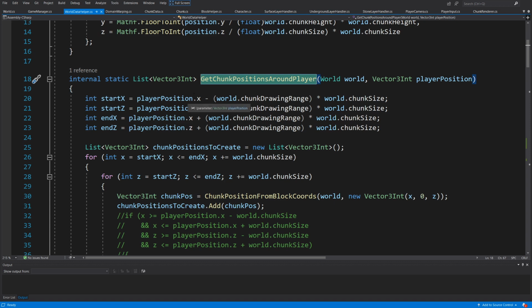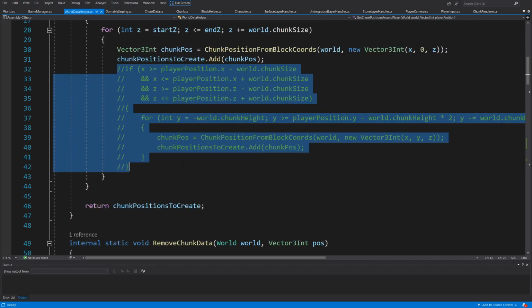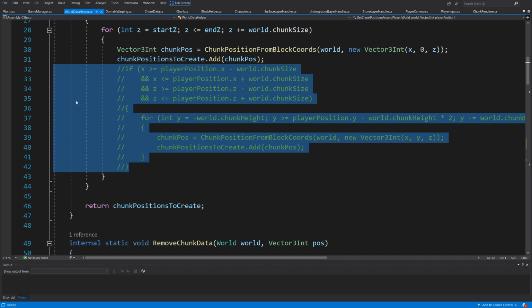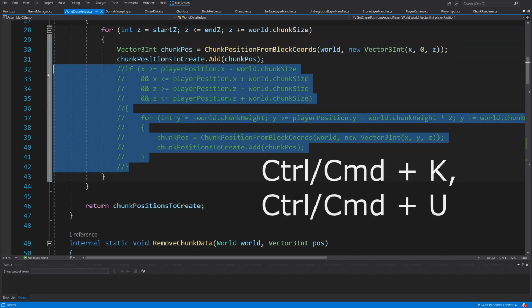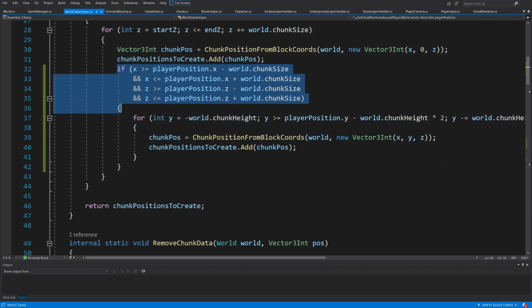And here in the GetChunkPositionsAroundPlayer, we had this if statement to get the positions underground. And I told you that we are going to wait with this code until we implement the digging mechanic. So let's uncomment this code, Ctrl-K, Ctrl-U to uncomment it. And we have those checks here.